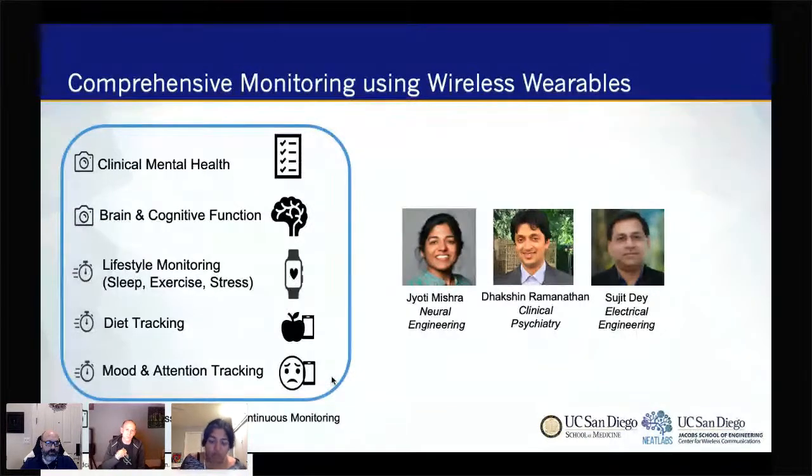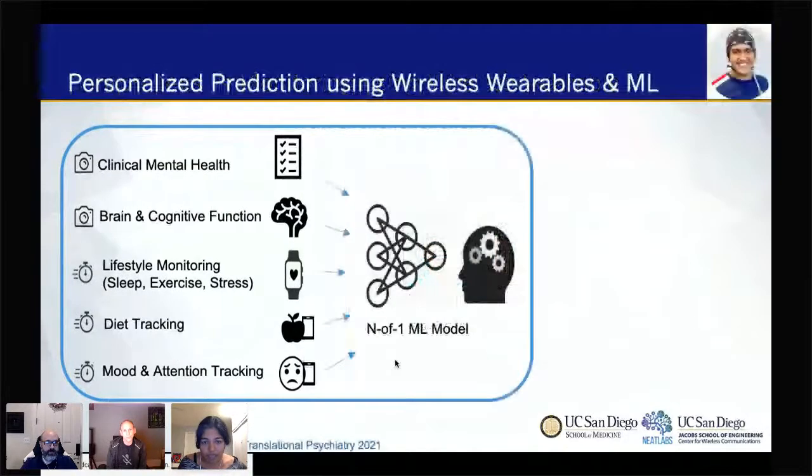And we did this for a study. This was the second paper that I sent out. It was a 30-day period in depressed individuals. And the goal of the study really was that, okay, can we take all of this data and, mind you, create N-of-1 machine learning models. So N-of-1 models means that we're just taking data from that given individual and trying to make predictions on the data for that individual without actual comparisons with